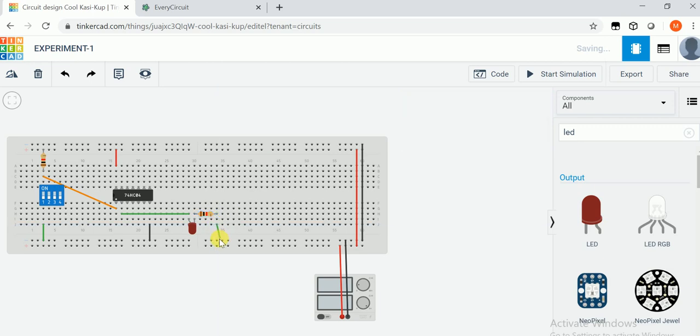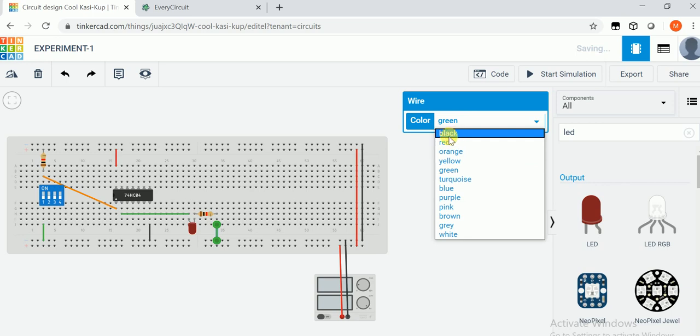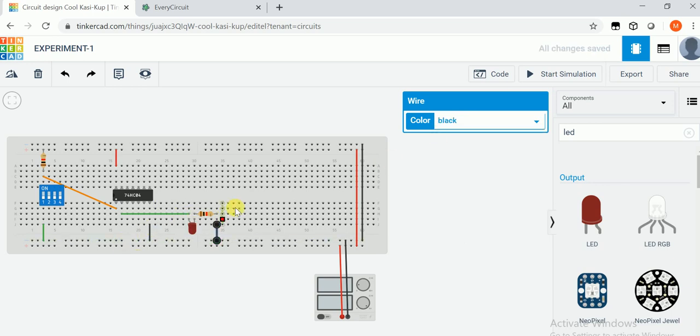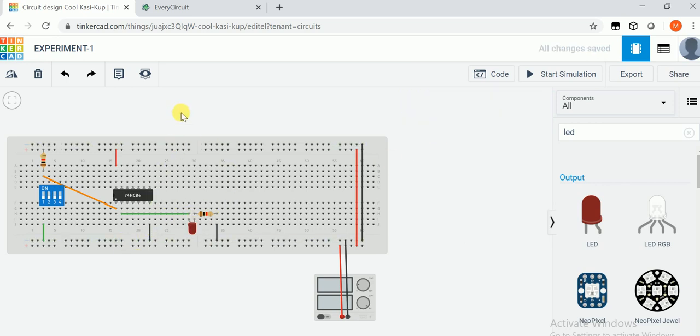And connect it to the ground. Now connect this to the black. Now I think the connection is completed. We can now start our simulation. Okay, so this is the simulation tab. Start your simulation. Okay. Now this is,